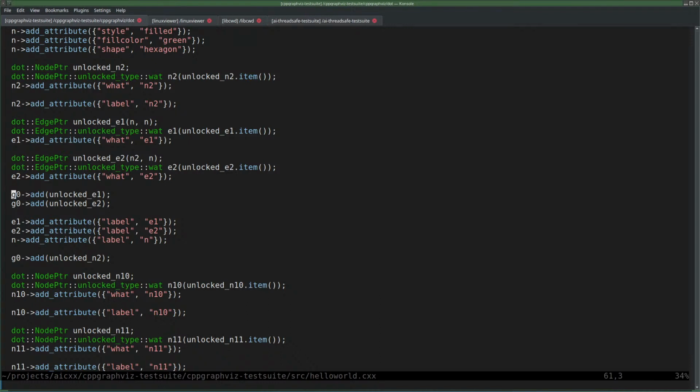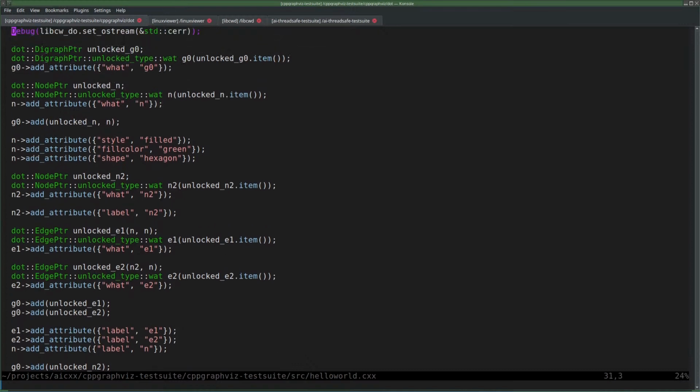Where's my previous add? Yeah. Add unlocked n, comma n. So now we get add unlocked e, comma e. And all the other adds as well.